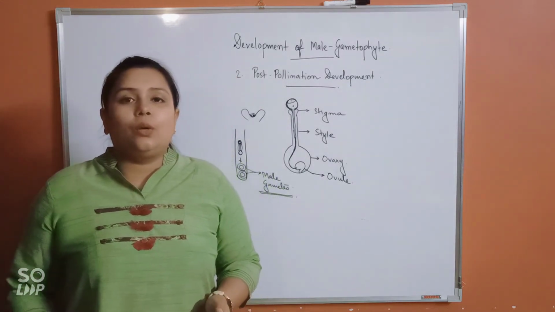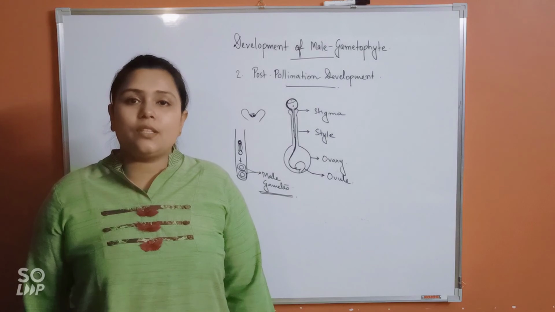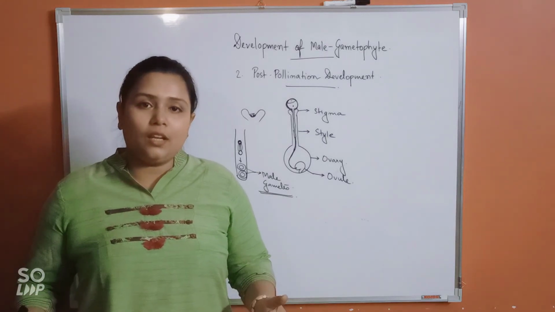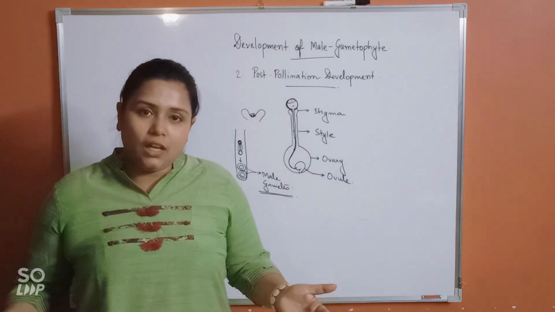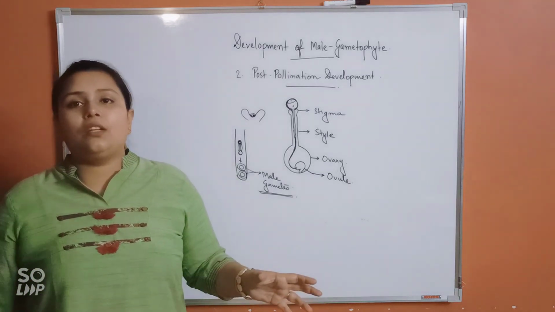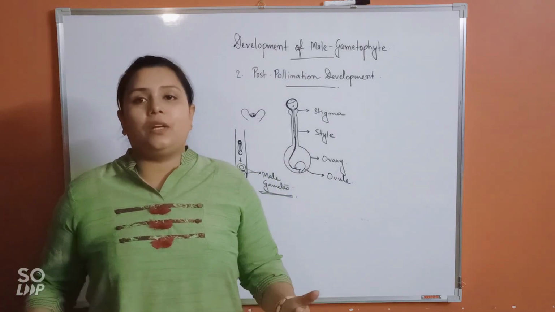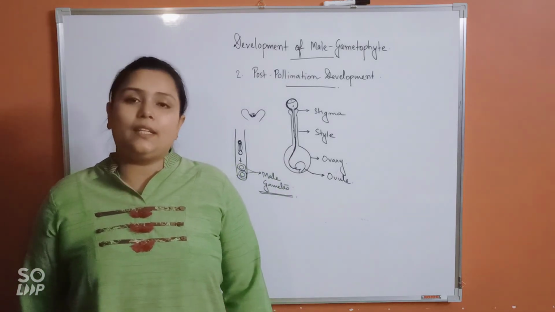Okay, so let it be up till this for today's class. In the next class we will discuss megasporophyll or megasporangia, that is carpel, the development of the carpel. About the male reproductive unit we have discussed already. In the next class we will discuss the female reproductive unit present in the flower, that is the carpel.